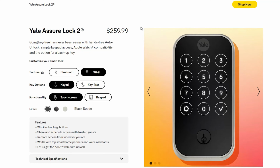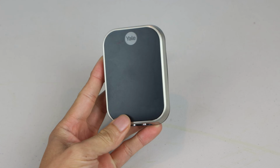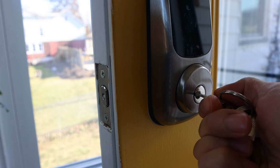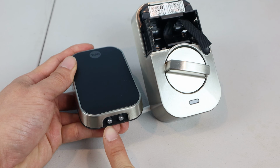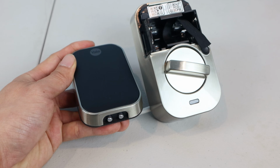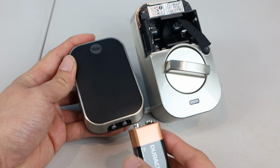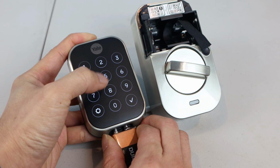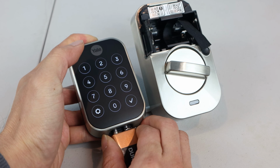several years ago. Like the original, this model comes in 2 versions, keyed and keyless, and this is the keyless option, so a physical key won't be available as a backup entry method. However, this lock is equipped with an external emergency battery terminal, so even if the installed batteries go flat, a 9-volt battery is all you'll need to power on the keypad from outside, allowing you to input your code and